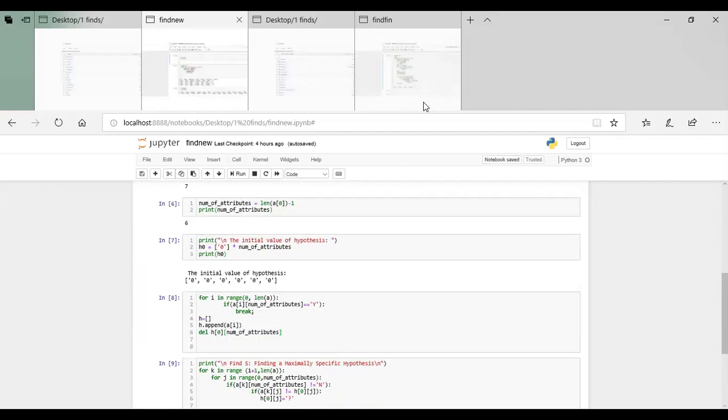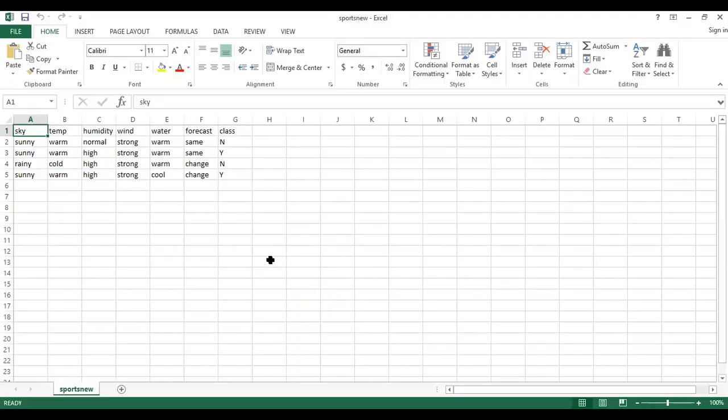Here one more case we can consider, that is, the algorithm if you consider the first training instance as a negative example. Most of you have submitted the assignment, the implementation of the FIND-S algorithm. You check whether it will work when the first training instance is negative. In the previous example we considered the first training instance with the yes class. Here it is replaced with the no class. Some code will not work for this case. So check your code whether it will work for the first training instance with the no class. Here, all remaining instances we are going to keep as they are. Only the first training instance is changed to the no class.